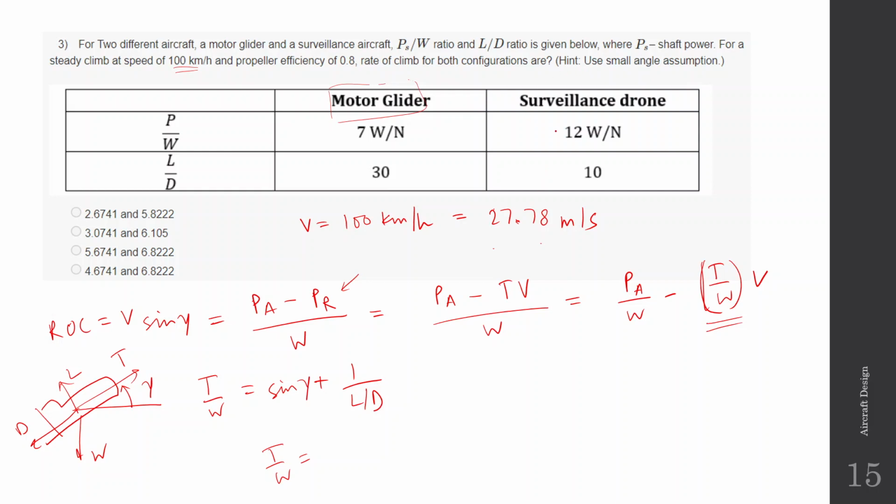Okay, so one thing is written: use small angle approximation. If the angle is small, then sine gamma is going to be small. So we can write that T by W is approximately equal to 1 by L by D, which is